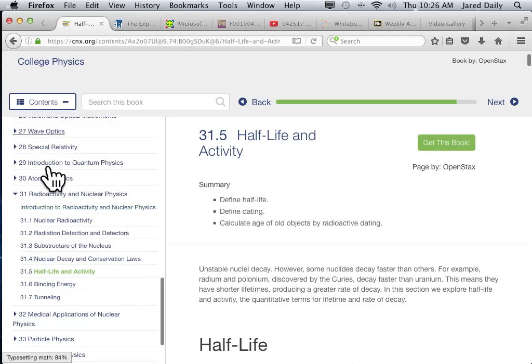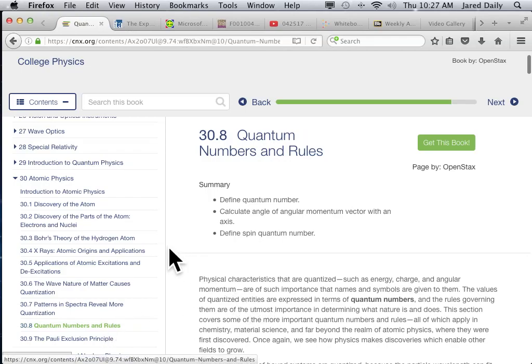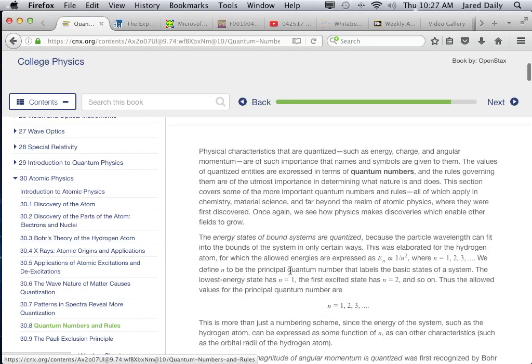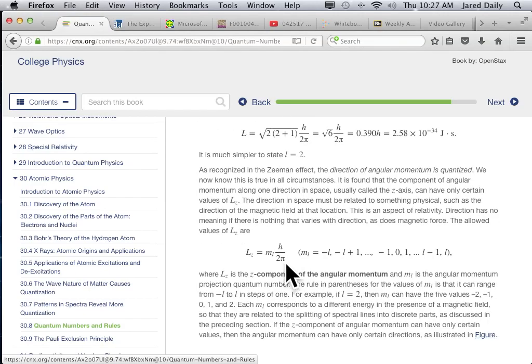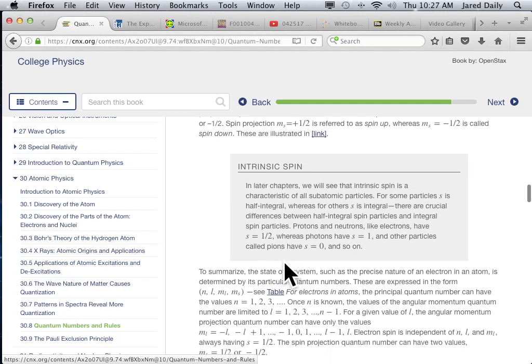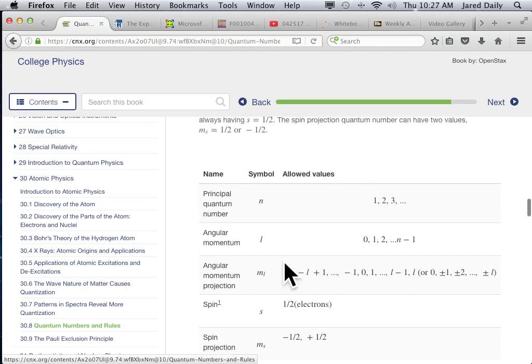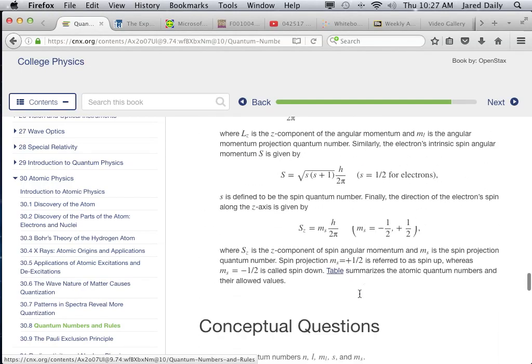So going down to chapter 30, and we go to quantum numbers and rules. We have all these different quantum numbers, right? L and S and N and whatever else. And then we have this table of rules right here. These are the rules that are the numbers that are allowed in specific situations. But then also we have